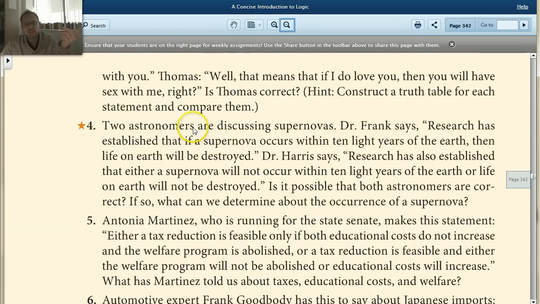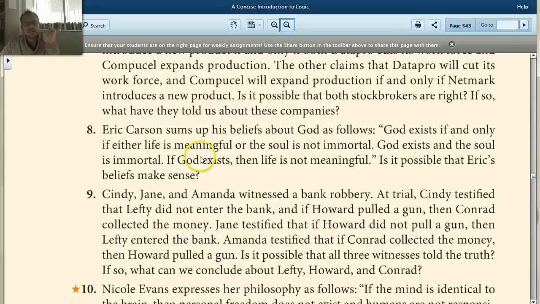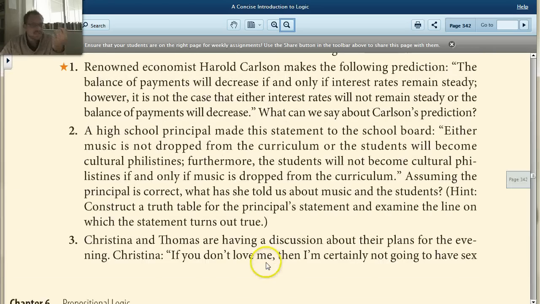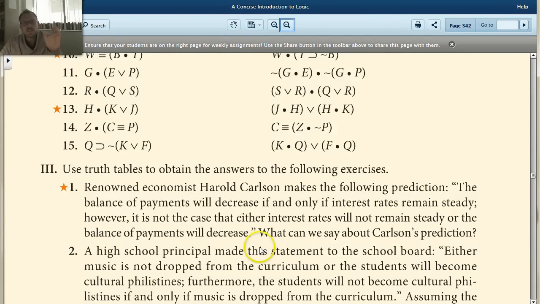And then later on, there's other ones where you have to compare what Dr. Frank says to Dr. Harris, so then you're going to compare the statements and so forth. But I really like how in these problems you actually get a sense for how logic here is fairly helpful in analyzing all of this stuff. So that is